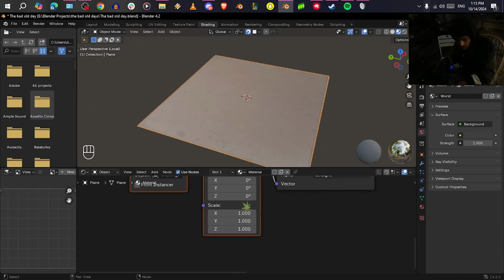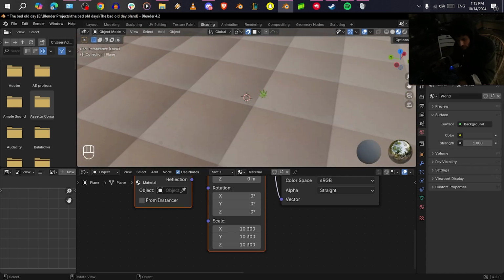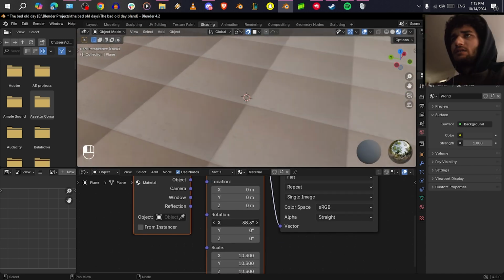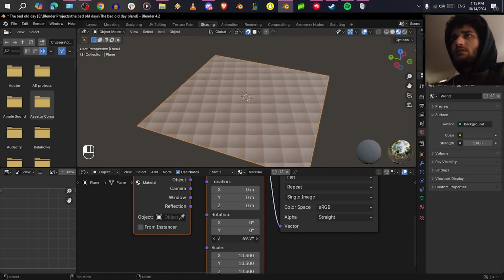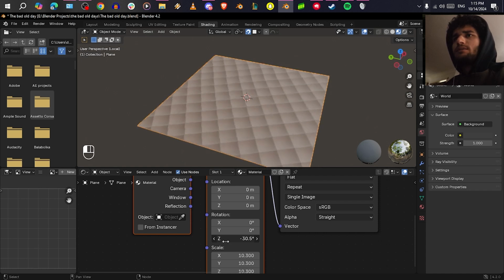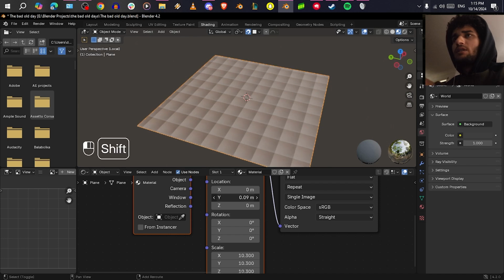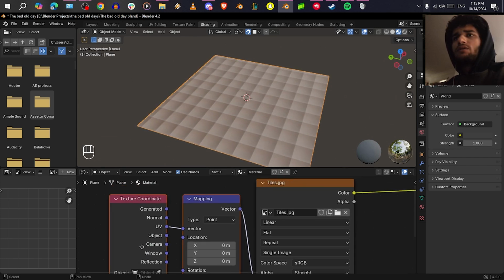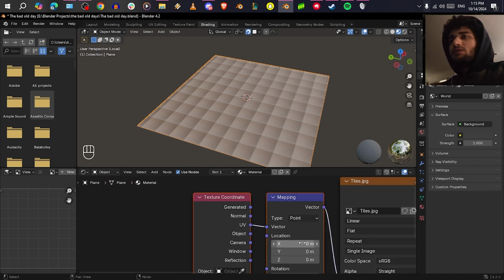which lets you control where you want to have this texture. Okay, so let's say I'm going to scale it a little bit. You'll get a lot of tiles. Maybe rotate it like this. Actually, I don't know. Yeah, so you can see that's trippy. I like this. Maybe location, if you want to make it move like this. Stuff is going crazy. So what I'm going to do now is keep this connected with UV,